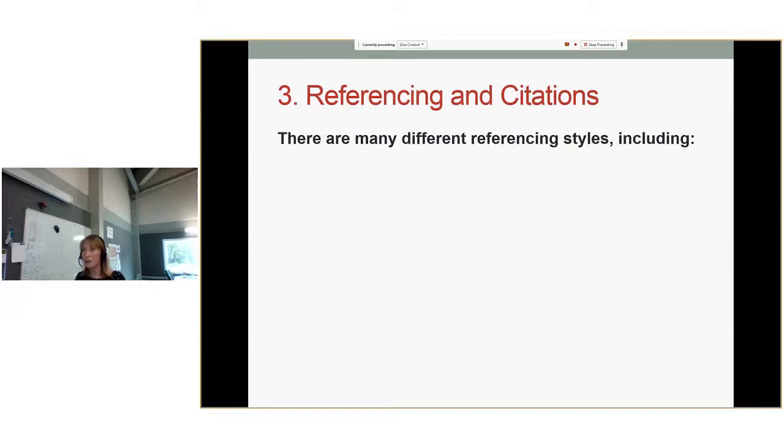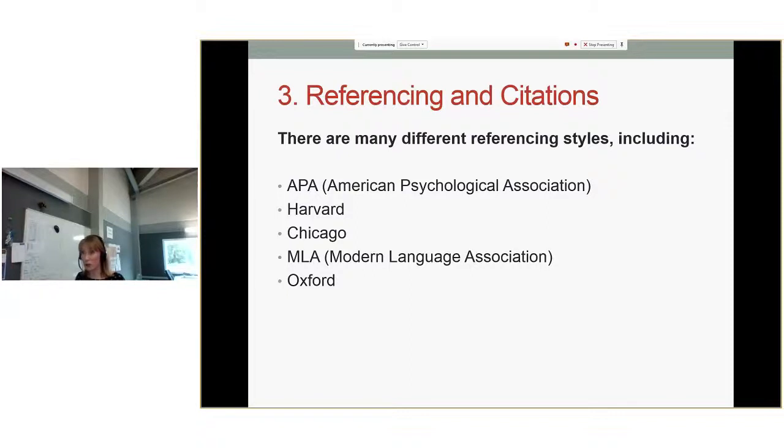Okay. So when it comes to referencing styles, there are quite a few styles out there. These are a few that you might see. APA, that's American Psychological Association, and Harvard, they're two of the most common, and the one used at OP is APA. So that's the one to use, and it does say that in your assignments as well. The main thing with referencing is being really consistent. If you start changing, putting things in bold and italics and doing what you want with it, it just makes it really difficult for other people to follow your references. So it's about being really systematic.